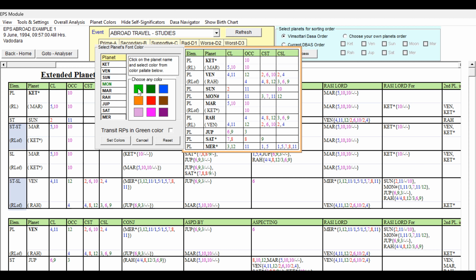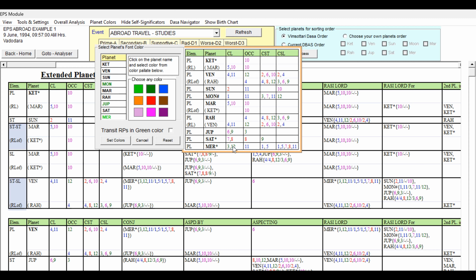Mercury planet can be given a light shade, because it is not having the 9th house, it is having 8th house here, but having 1, 5, 7, and 11, we can give light green or dark green, it doesn't matter. So I have given light green. And 9th Lord, 6th Lord, 9th Lord occupying 3rd house. This is good. So that is favorable. So Jupiter can be given again dark green. So all the primary rulers, 3rd Lord, 12th Lord, 9th Lord, are getting the green color.